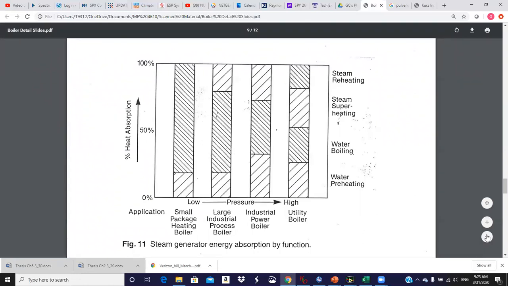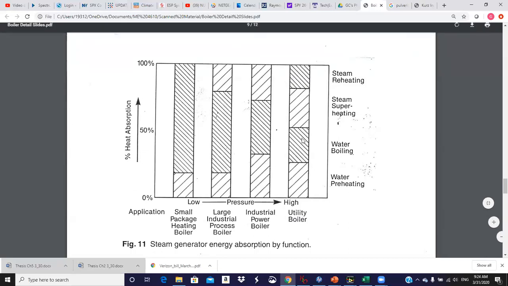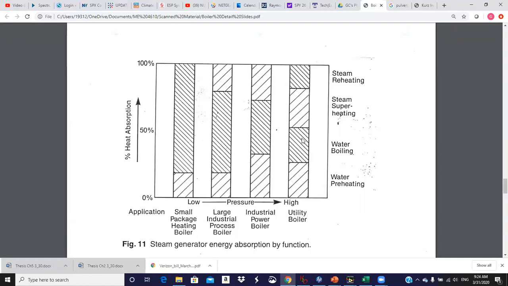It just shows, for the different size and sophistication of boilers, the different percent of heat absorbed by different sections. So you can see up here, this would be reheating. Let's start at the high-end large boilers, utility scale. So you see we have, this would be the reheater. This would be steam superheating, and this would be just vaporizing the steam from saturated liquid to saturated vapor, and